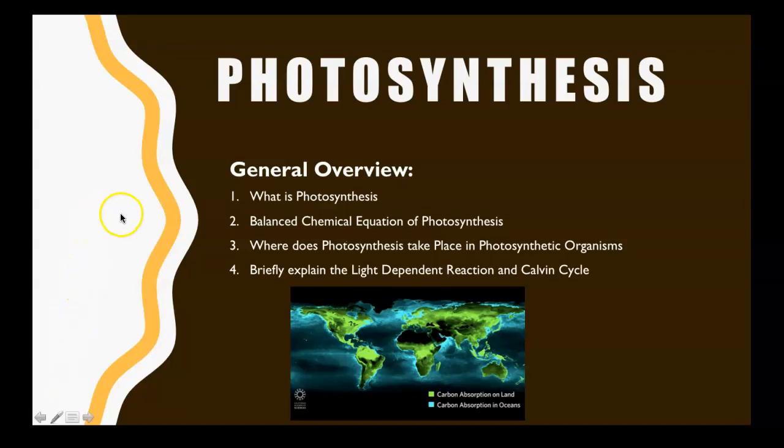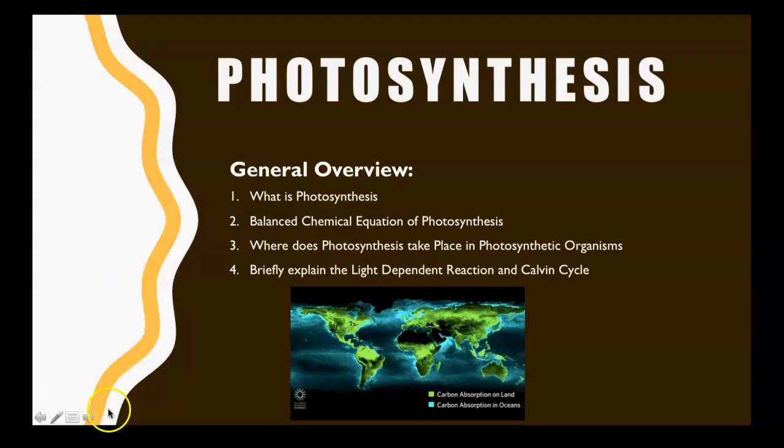So with that said, what we're going to be talking about is what is photosynthesis. Next, we'll be looking at the balanced chemical equation of photosynthesis. So what are the reactants needed for photosynthesis, and then what does photosynthesis produce? Next, we'll talk about where photosynthesis takes place in photosynthetic organisms. Not only do plants go through photosynthesis, so do algae, some protists, as well as some bacteria. So the process of photosynthesis is super important for many living organisms. And then lastly, we'll take a look at the two different steps in photosynthesis, the light-dependent reaction and the Calvin